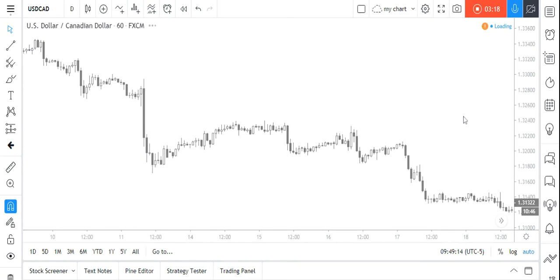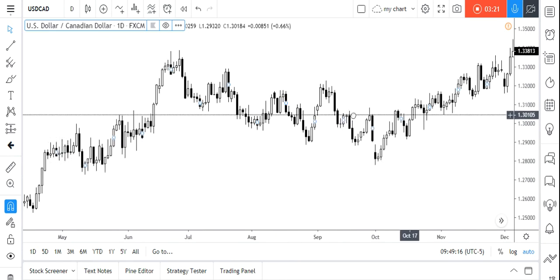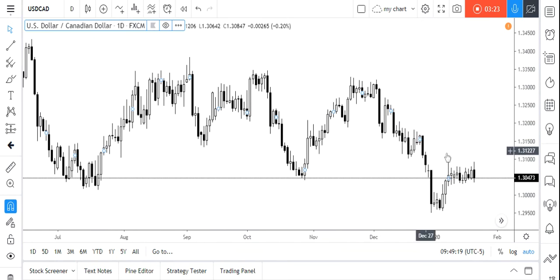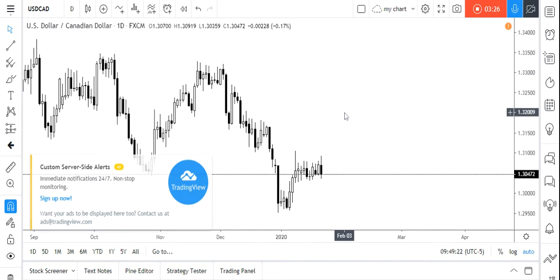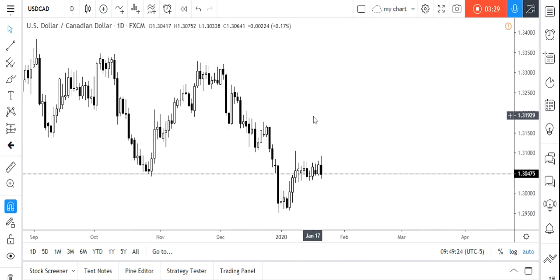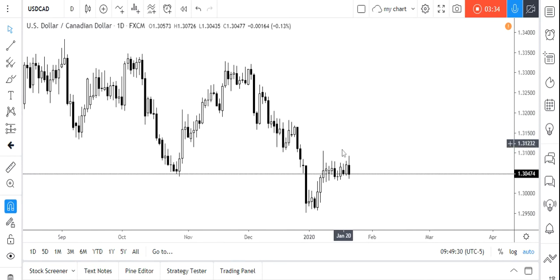Now go to the daily time frame, and now let's concentrate on the plan for today. Today's plan is not about selling USD CAD, even if the Bank of Canada policy statement is firm about no rate cut, as they have been the last two times, because we have less room to move to the downside. Rather, we have more room for upward movement after this three drive pattern. So even if there are no changes in the policy statement, we will not be selling USD CAD. Rather, we will be looking for opportunity to buy USD CAD on a dovish statement of BOC.